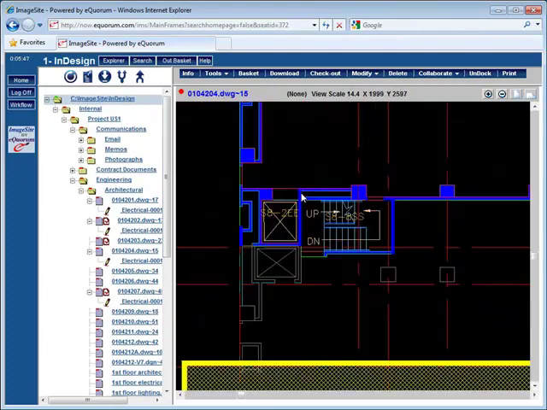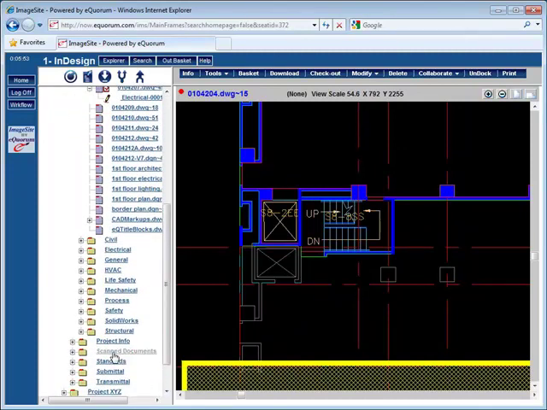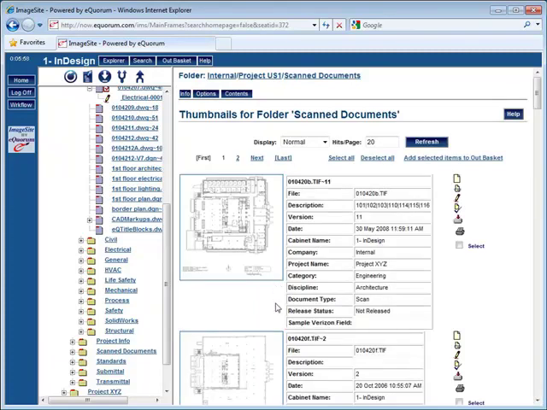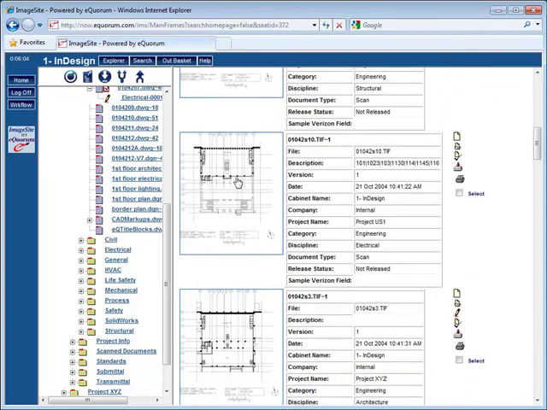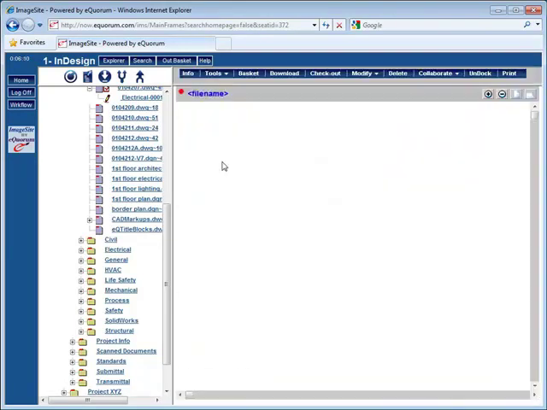CAD files look and feel just like CAD, even though we're not using the CAD application, we're just entirely within a web browser. But the same interface will present itself whether you're looking at scanned engineering documents or business documents as well. So here we have some scanned data, again, big thumbnail, metadata, quick links. And if I want to go view this particular document, I just click directly on it,